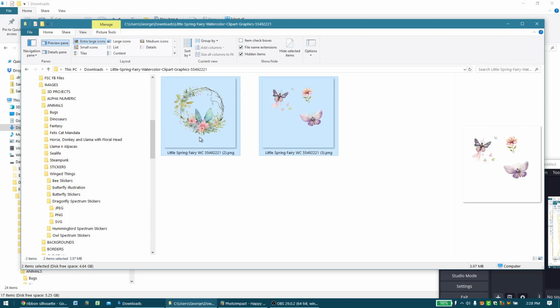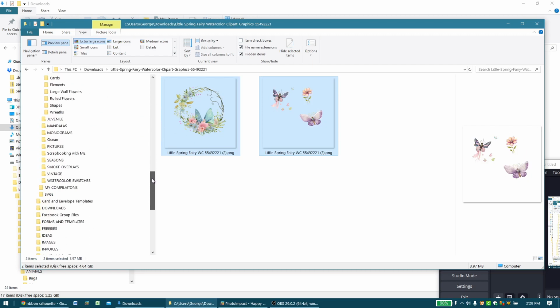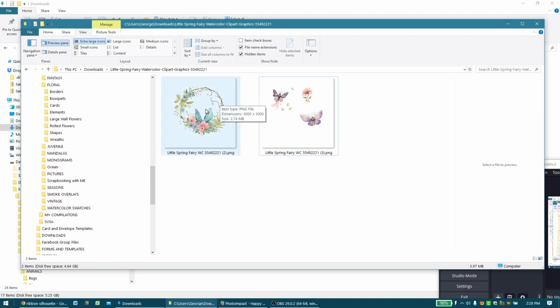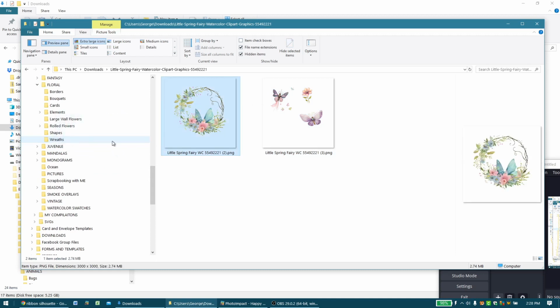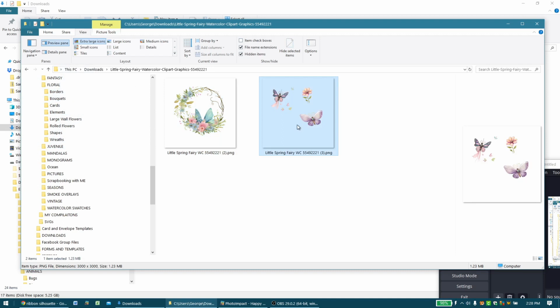And I'm going to highlight them both, and I am going to go down to the floral. And actually, this is what I consider a wreath. It could also be a border. I'm going to put it in wreath. Yeah, what the hell, I'll put it in both. And then the